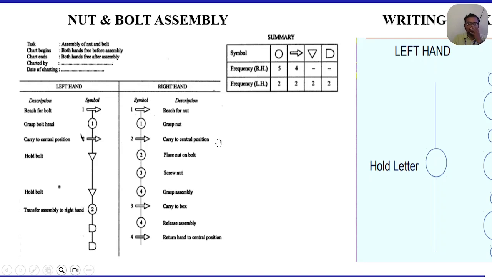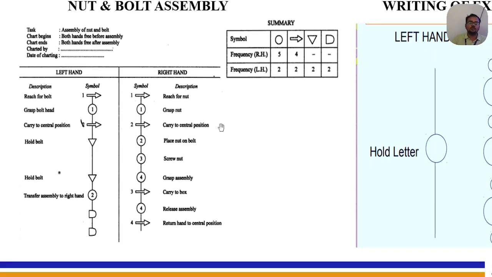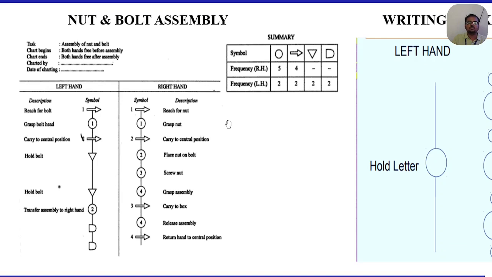When you put it on a different n number of cycles, this may look like very small numbers, but when you calculate it for a week, a month, a year, you could see that the person should not be facing any fatigue due to the operation. He has to be very comfortable in doing the work. So this handed process chart will help you to track those data, and through which you'll be able to provide or suggest any improvised method through which he will be facing a lesser fatigue and be more comfortable in doing